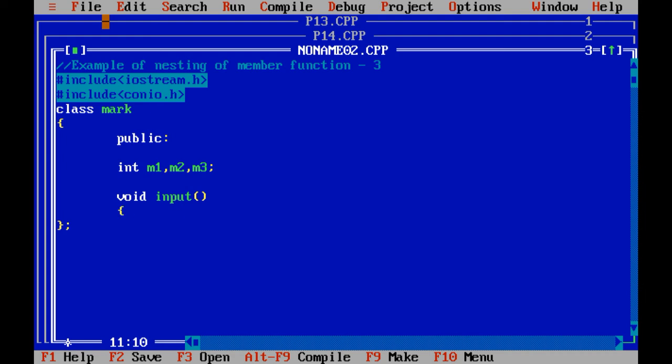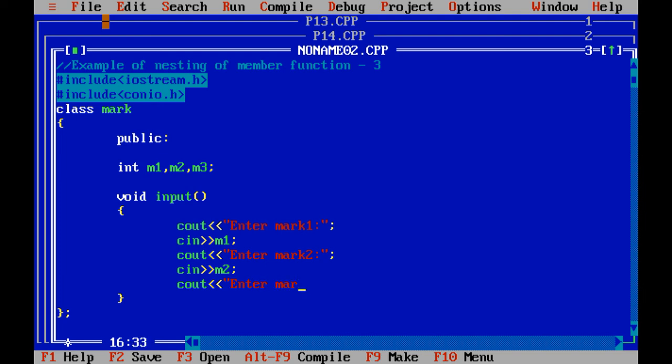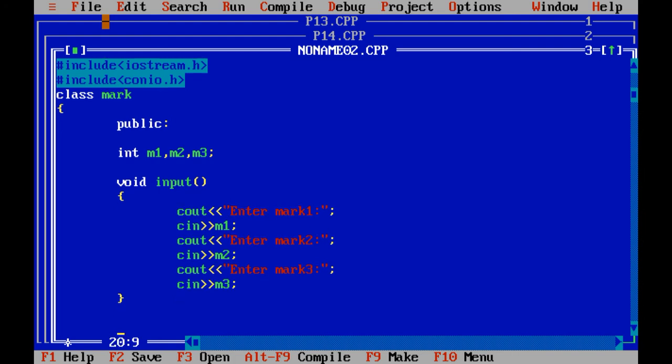Void input: using void input we are going to input marks of 3 subjects. Enter mark 1, cin m1, cout enter mark 2, cin m2, and cout enter mark 3, cin m3. So in this way we are going to input marks of 3 subjects.